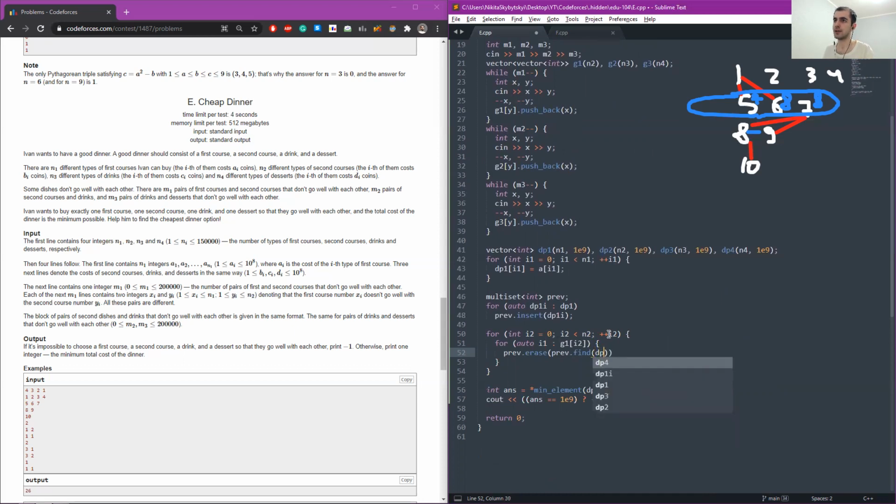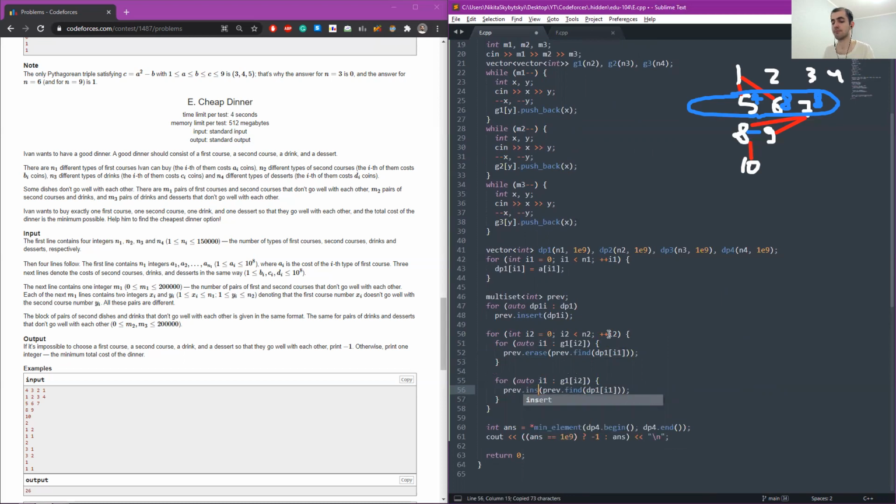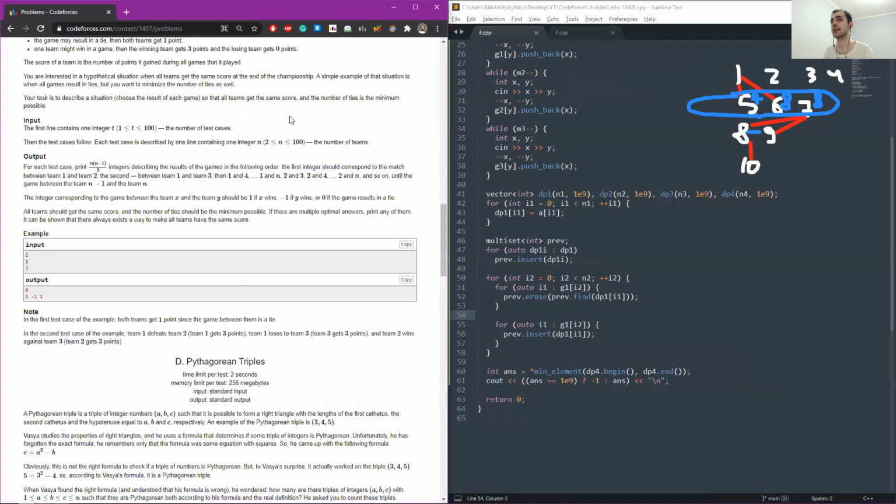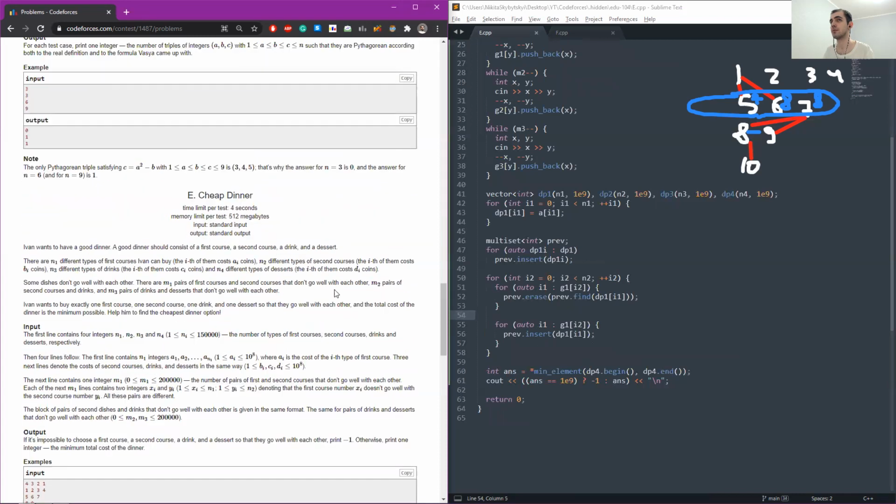What do I actually want to erase? DP1, I1, I think. Then we want to add it back. Intellectual problems where you have to do everything with multiset. Very non-trivial logic. Of course, I'm kidding. It's just not the kind of problem I would like to see, but it happens. The time limit kind of says do whatever you want, just solve this stupid problem. Also memory limit. Yeah.